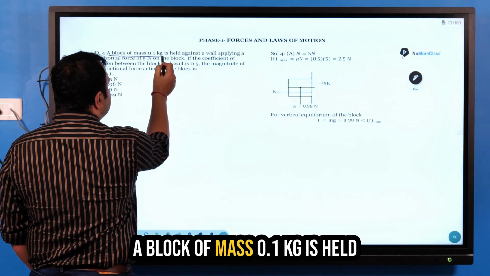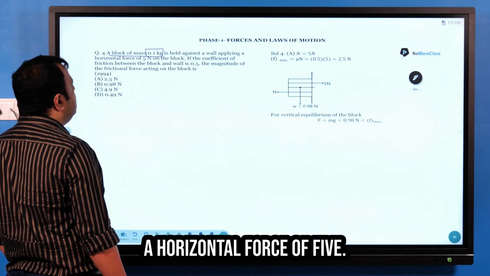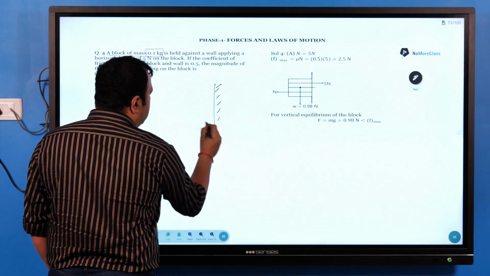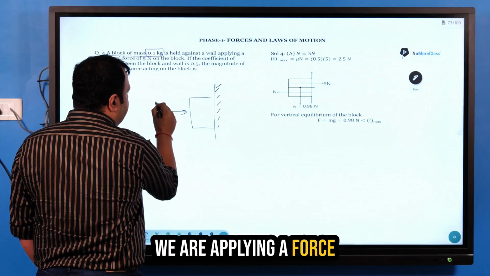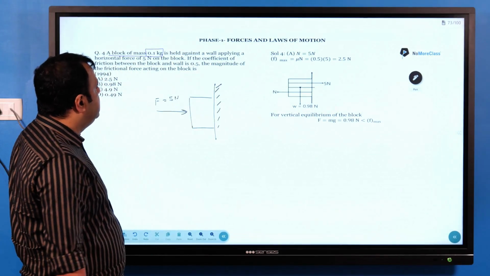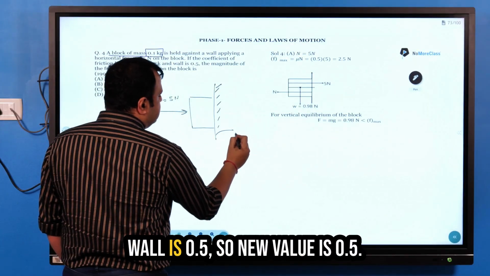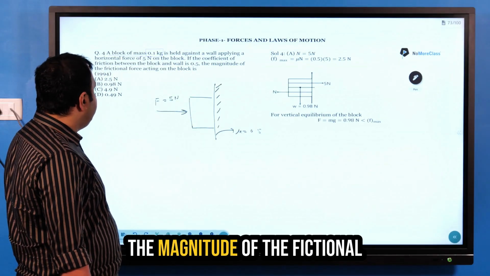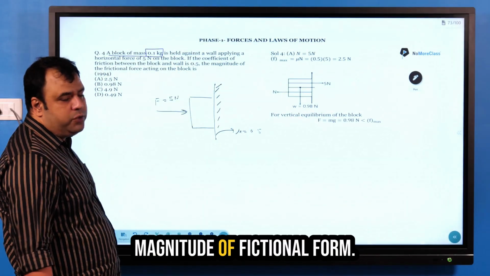A block of mass 0.1 kg is held against a wall by applying a horizontal force of 5 newtons. So this is the wall and this is the block. We are applying a force F, which is 5 newtons. Now, if the coefficient of friction between the block and the wall is 0.5, so mu value is 0.5, the magnitude of the frictional force acting on the block is, so we have to calculate the magnitude of friction